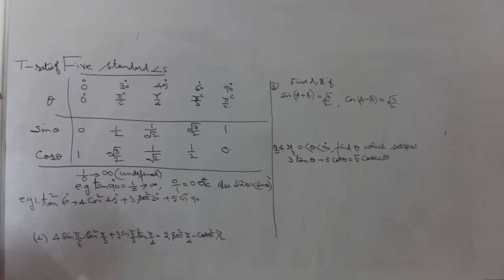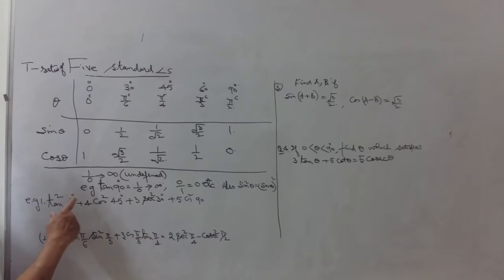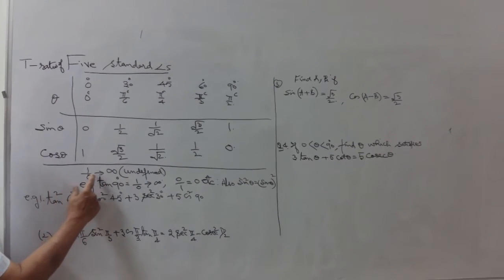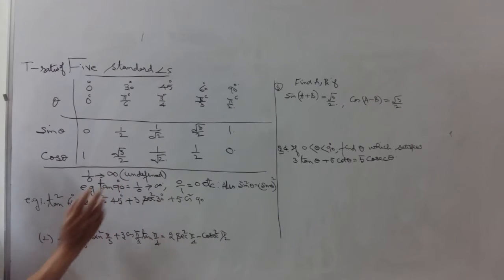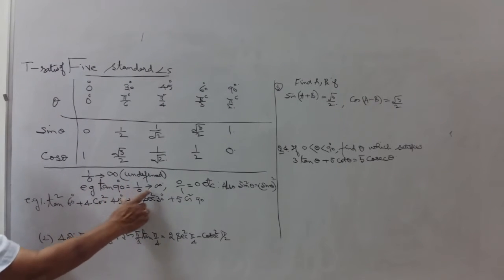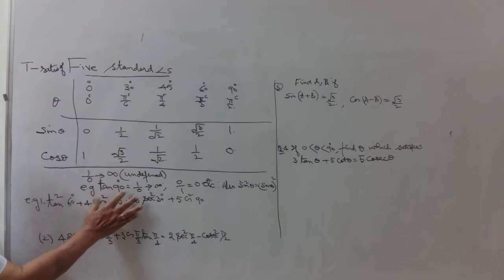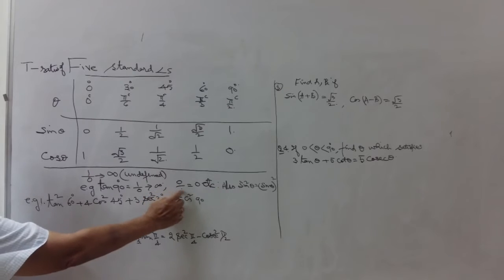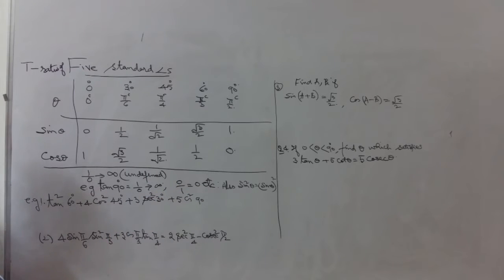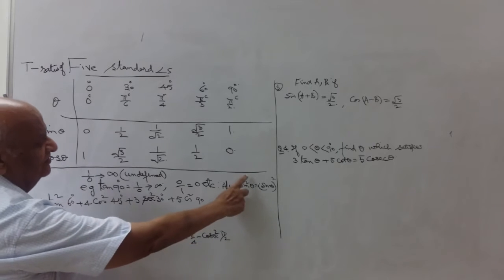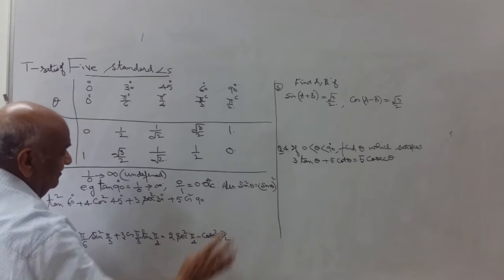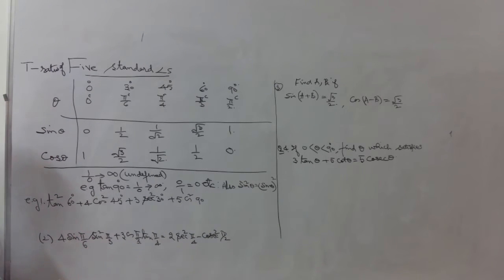Now keeping in mind 1 or 2 points, you must note 1 upon 0. Whenever you have 1 upon 0, it is infinity. That is undefined, but we shall be putting the value infinity. Tangent of 90, 1 upon 0, goes to infinity. However, 0 upon 1 is 0, etc. This concept also applies to sine square theta. I told you previously, sine theta the whole square. Similarly for all the 6 T ratios.